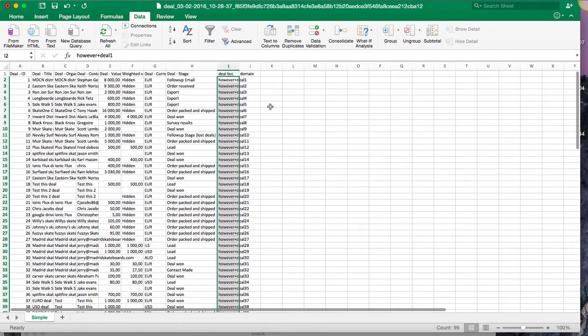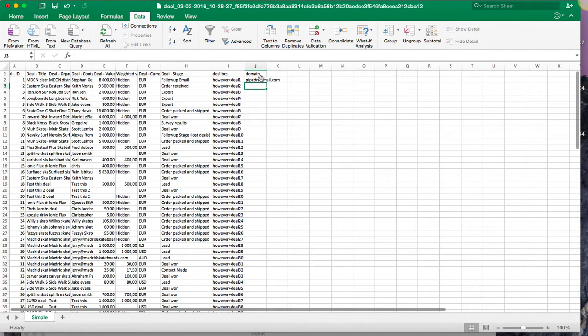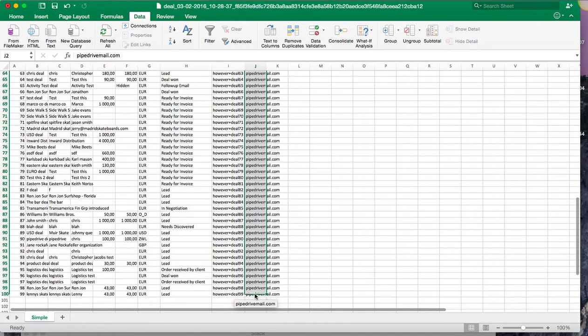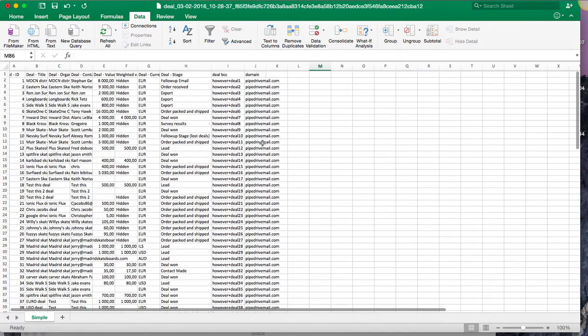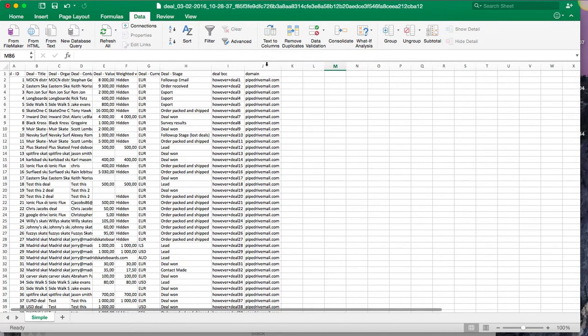And now that we've got that taken care of, let's go ahead and widen the column. And then I'm going to put pipedrivemail.com. And the next level is just copy that one all the way down to all of your columns. Easy as that. Now, it's really complicated when you're working with @ symbols, so I found this pretty sweet function